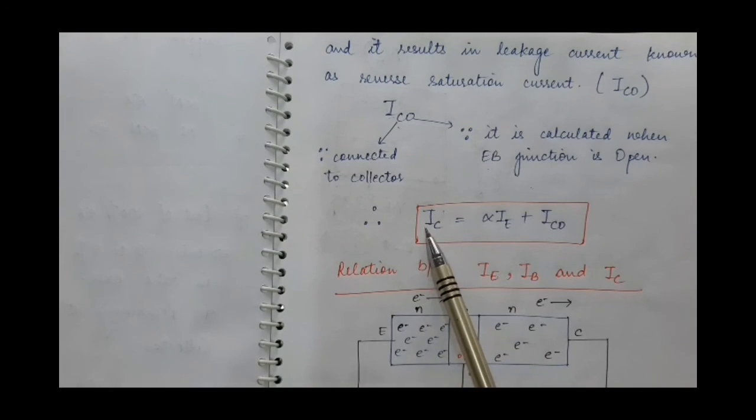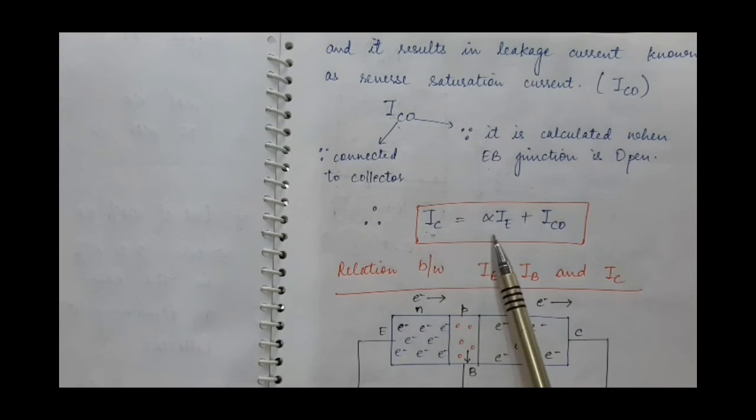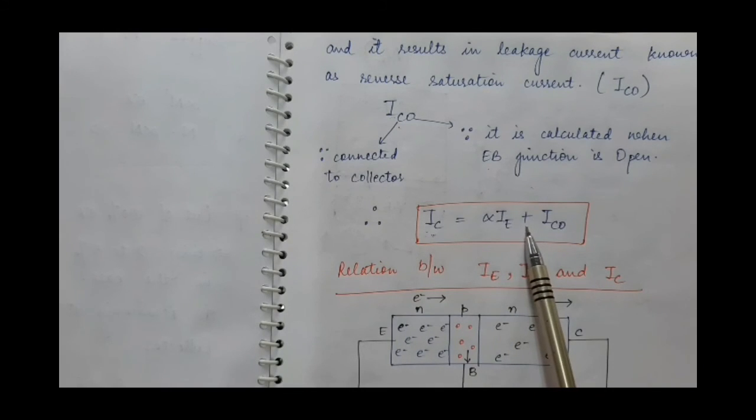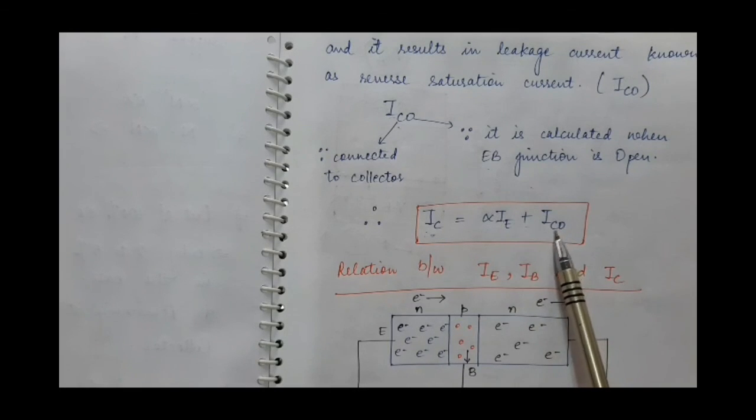So what will be the total value of collector current? It will be because of the electrons coming from the emitter. And what is the number of electrons coming from the emitter that enter into the collector? It is alpha into N. N is the number of electrons coming from the emitter, so that gives us the emitter current. So alpha N means the current is alpha IE, where IE is the emitter current. So the collector current will be alpha IE plus, because of the junction J2, the reverse saturation leakage current, which is ICO. So this is the total expression for collector current.